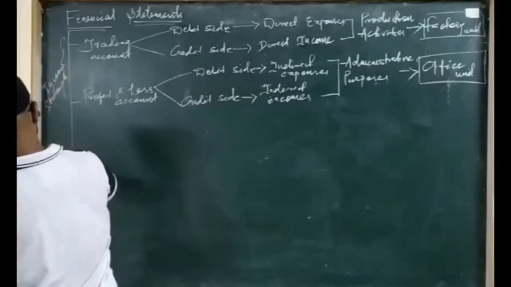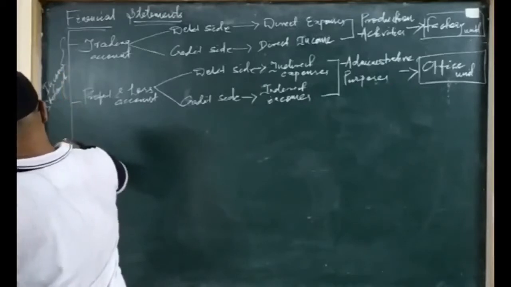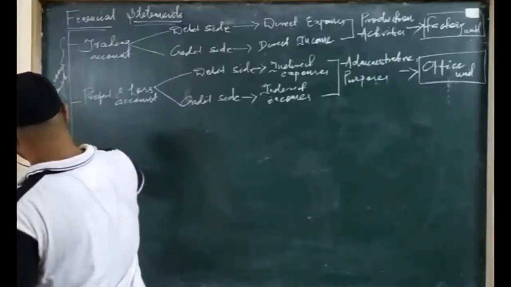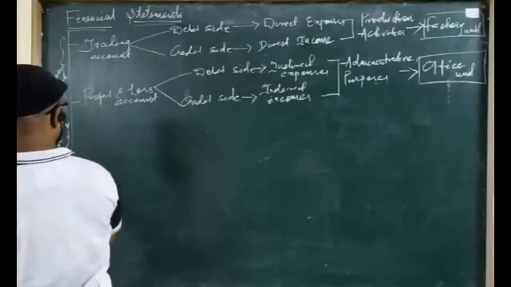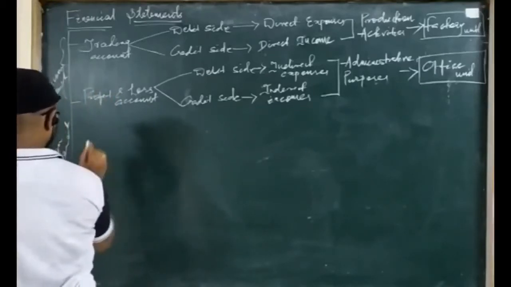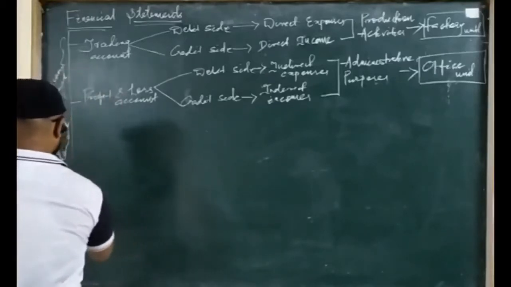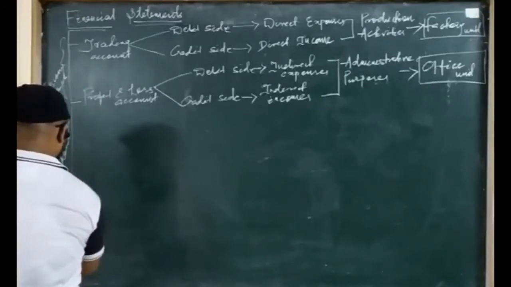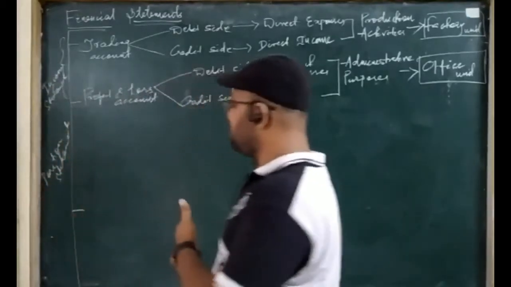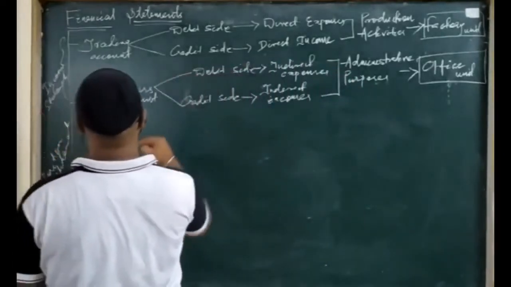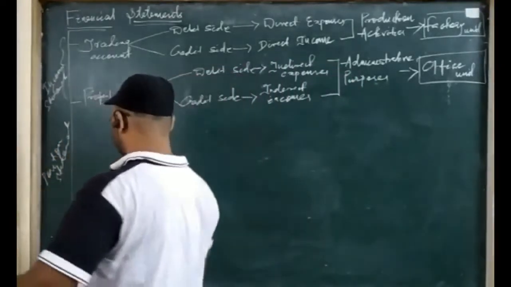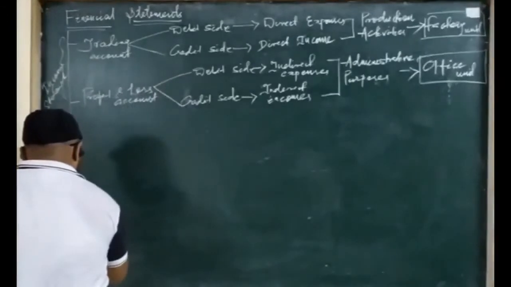Now we are discussing the position statement. So which is your position statement? That is your balance sheet. Okay, so now we are going to discuss the balance sheet. I am writing a little bit down for making a proper classification and categorization for better understanding. The third financial statement under the final account chapter is the balance sheet,